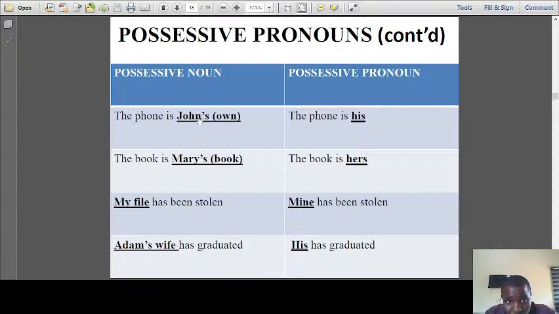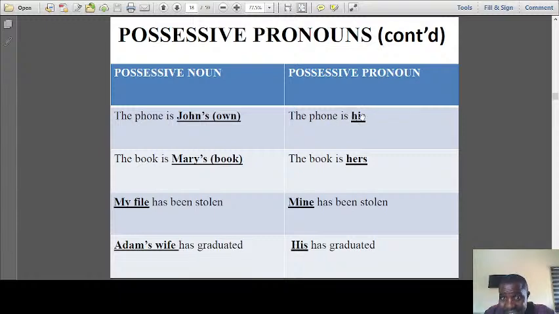I'm going to replace this phrase, John's phone, with the pronoun. It becomes: the phone is his. So this "his" has replaced the noun phrase completely. But if you say the phone is his own, the phone is his own,